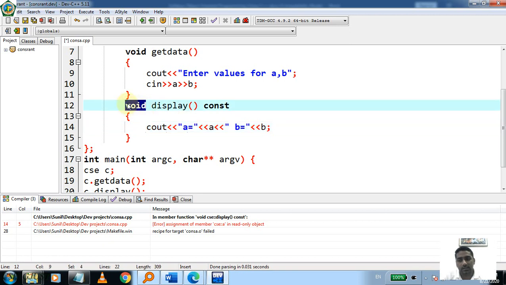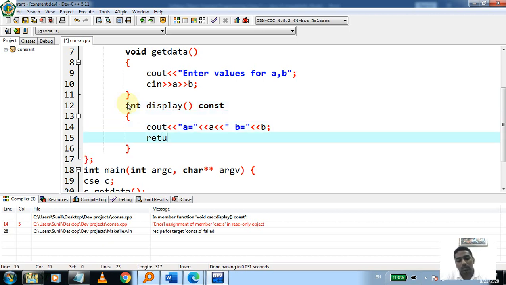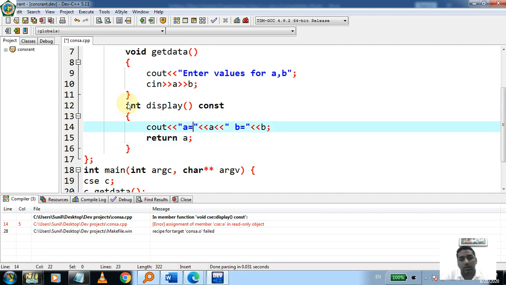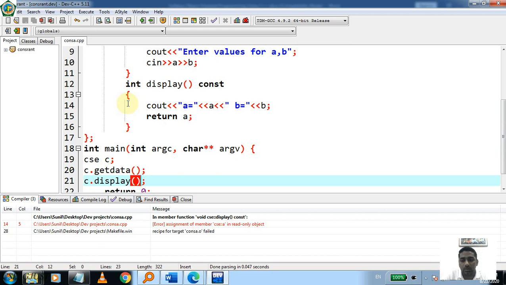If I change its return type to integer, then this function can return the value of a. If I want to return both values using a plus b, it is not possible, since addition would be a modification. So you can return a single value, and the return value is taken inside x.